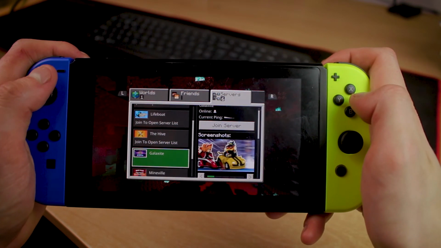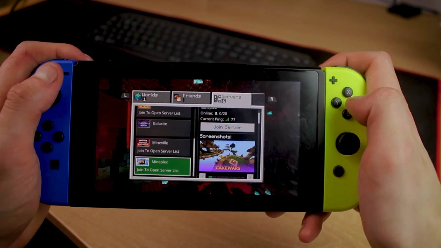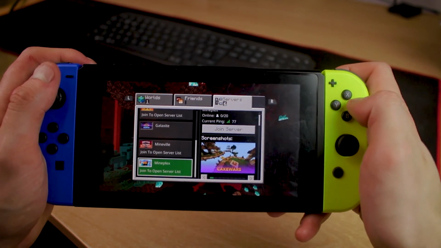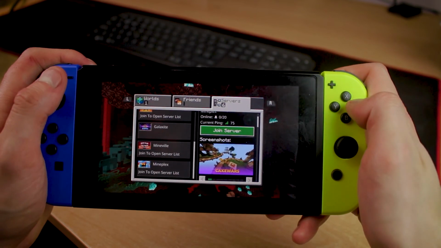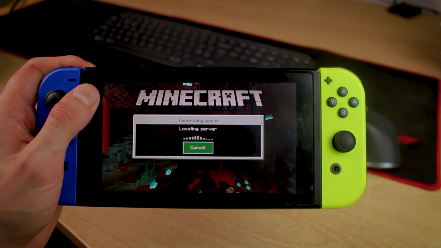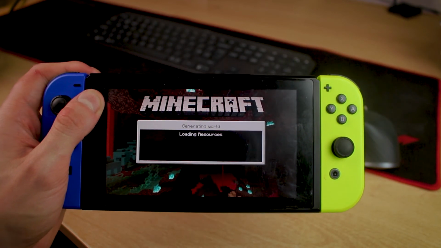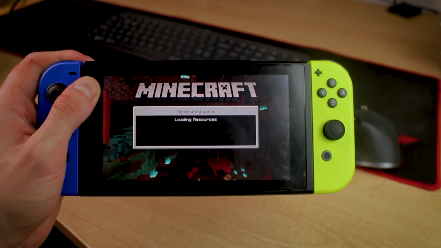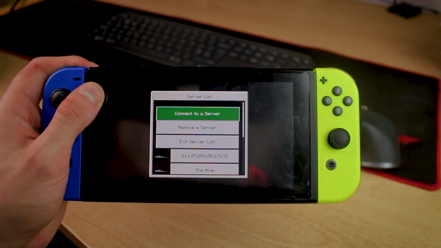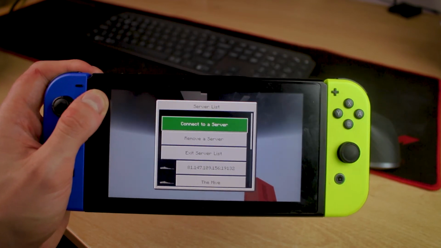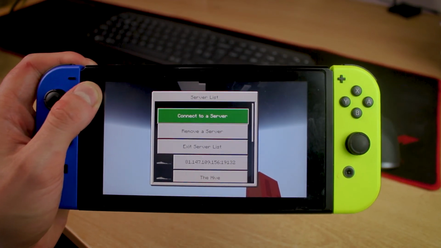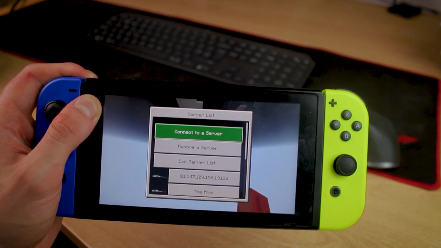So let's say we want to use Mineplex, as I've heard that's the best one and is the most stable. So let's click on that and click join server. It should say connecting to external server, loading server, loading resource. It takes a little while, and there we are. We get this little tab that appears. Usually you just end up straight in the server, whereas we get a tab that appears that we can access